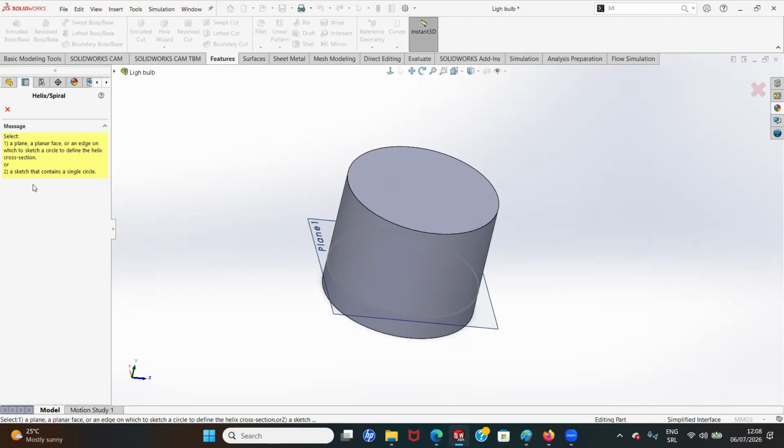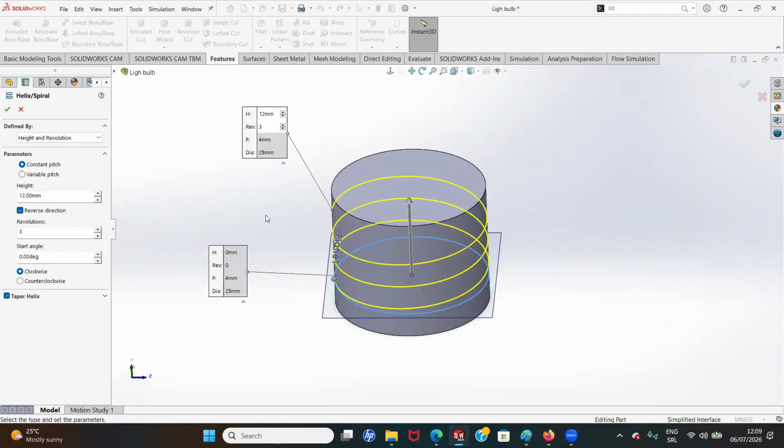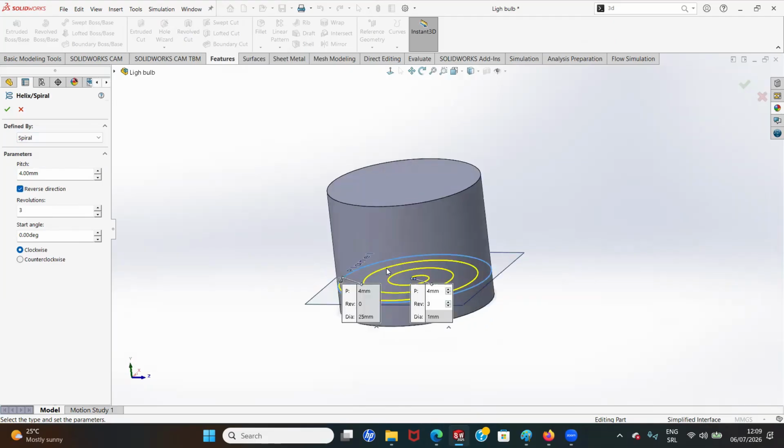So now here on the left side, here under the yellow, we have to select a sketch that contains a single circle. So let's click on this circle, and here we can see the preview of our Helix. Now here on the left side, we have a few options how we can define parameters. We can go with pitch and revolution. We can define height and revolution. We can define height and pitch, and we can also choose spiral. Spiral would be something like this. You can see it's flat, but we're going to go with Helix, and we're going to define here height and